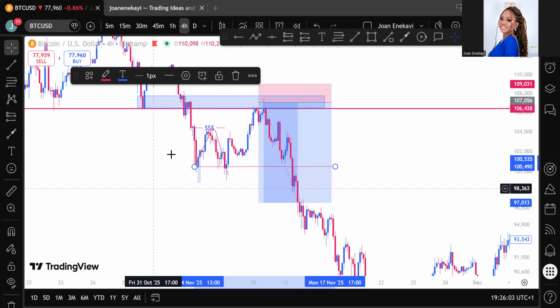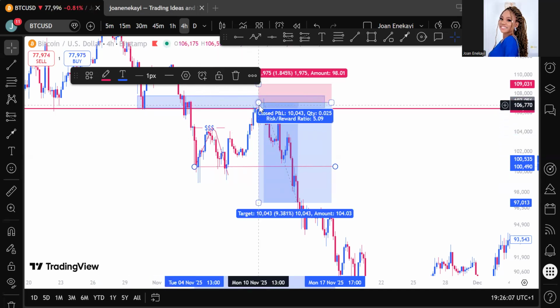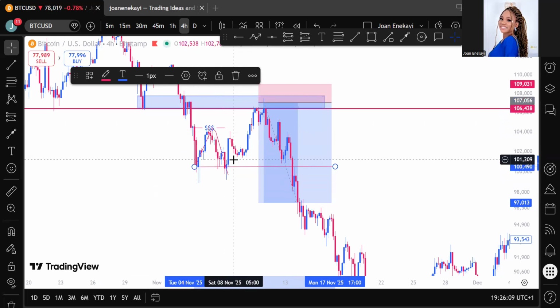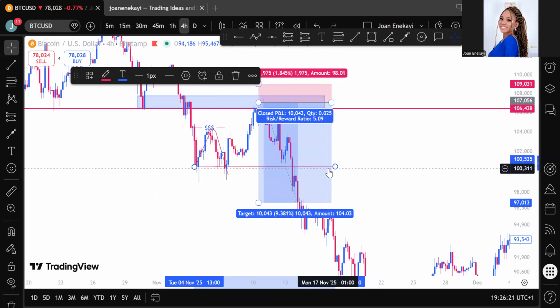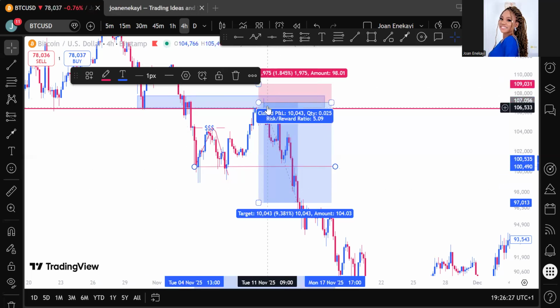It could be very close to the breaker block. It could be farther than the breaker block, just depending on where your liquidity is. So right here now, this is where we're going to be taking our break even, or taking our partial. So when price comes here, if there's someone that shifts stop loss, I don't really shift my stop loss. But if there's someone that shifts stop loss, for example, once price gets here, it's advisable that you move your stop loss to your entry, or